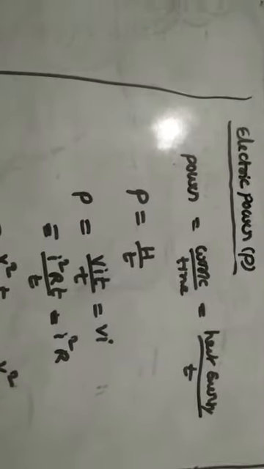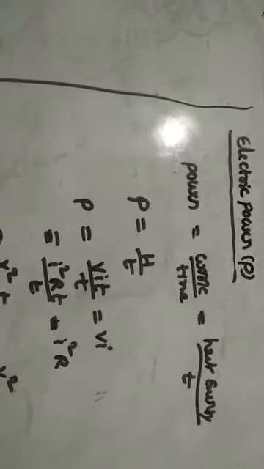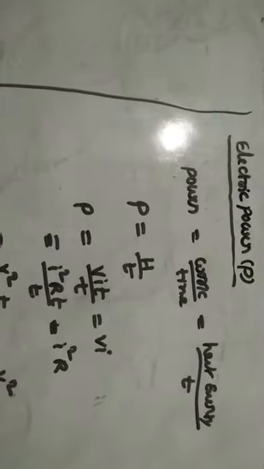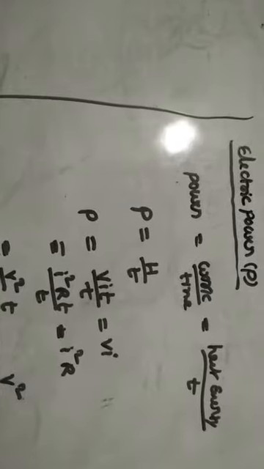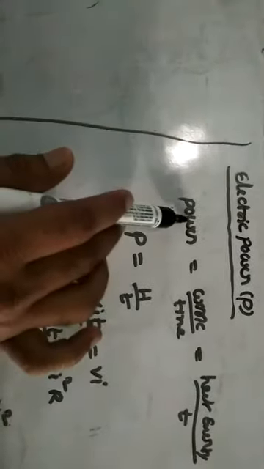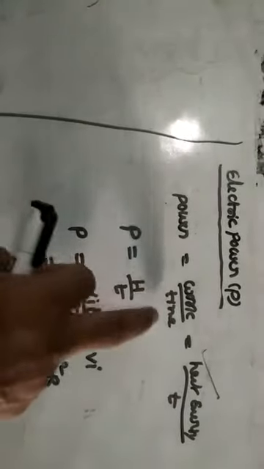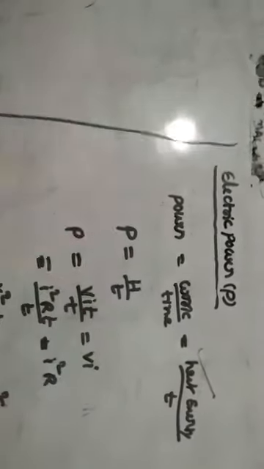Next, coming to the other concept, that is called electric power. See this electric power concept. In ninth class, we know very well, power is nothing but work by time. Here, power is nothing but work, also called heat energy. So, electric power we are finding, that is why I am writing heat energy, electric energy. Power is equal to electric heat energy by time.